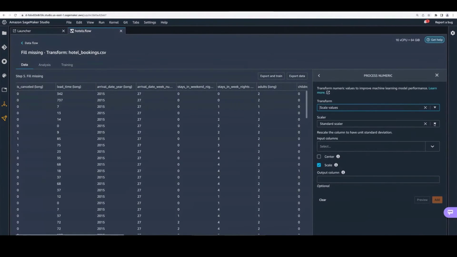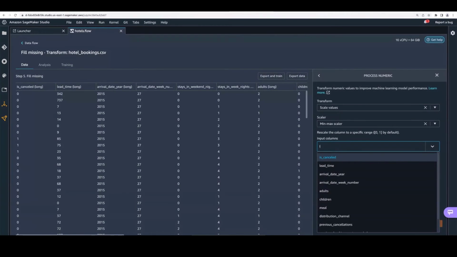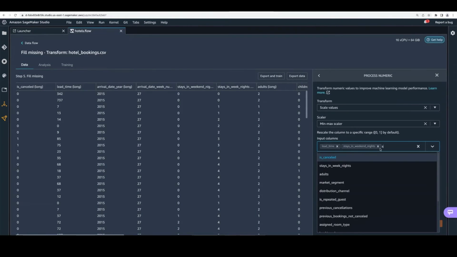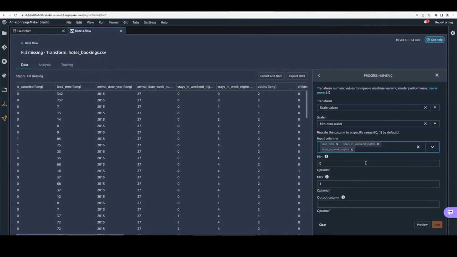The options here are standard scalar, robust scalar, and min-max scalar, and we're going to do min-max scalar, and we'll use 0 to 1 boundaries. And let's dial in the columns that we want to actually scale. There's quite a few, so we're going to do lead time. We'll scale lead time, stays in weekend nights, stays in weeknights,